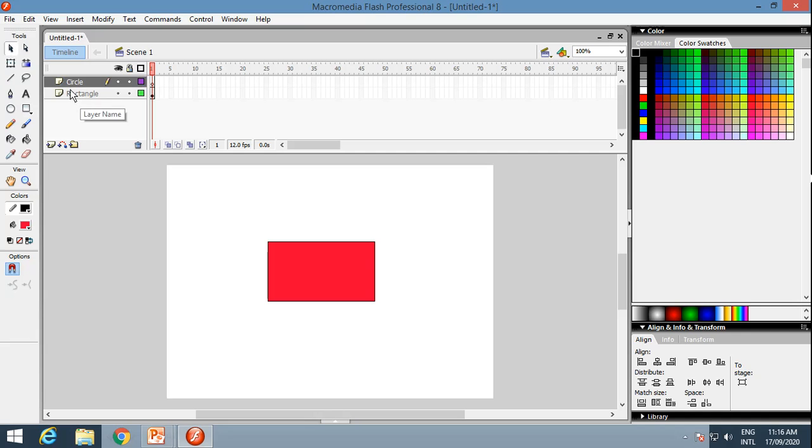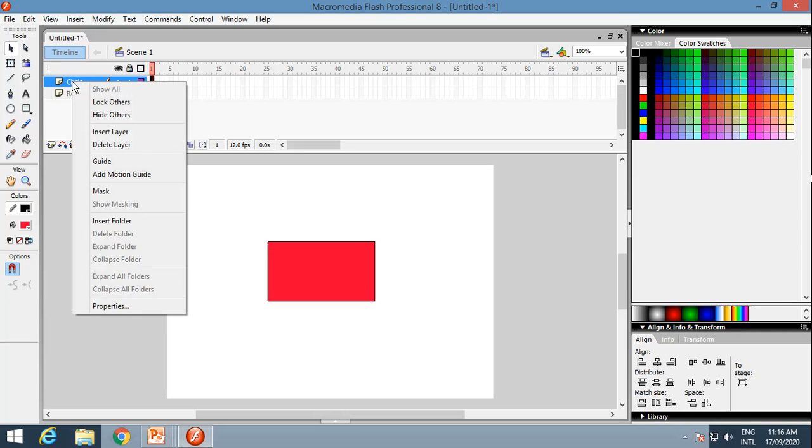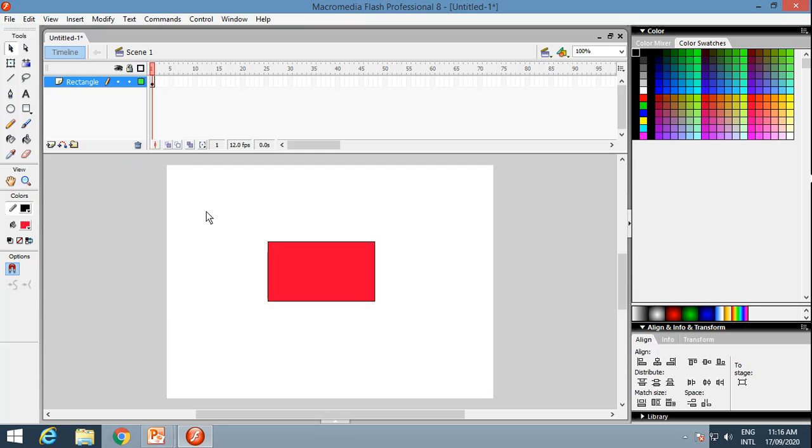See, if you want to see the active layer, then you can just click. And how to identify whether this is active or not? It is in blue color, or we can say that the pencil is there, so that is the activated layer. Then if you want to delete any layer, you have to just click on delete layer, or you can just right click on that particular layer and select delete layer. Then that particular layer is deleted. Okay, now we will see the demonstration.